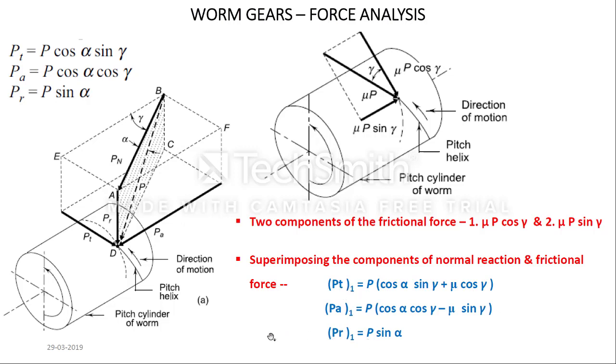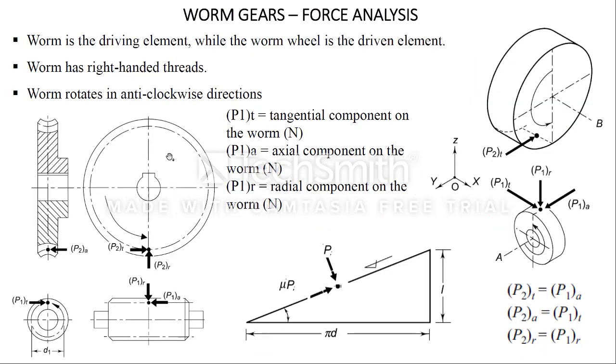In the SPPU examination, these types of questions are asked for 12 marks. You are expected to do the magnitude calculation of PT, PR and PA for the worm as well as for the wheel, and you have to draw a diagram which shows all the directions properly. So practice all these questions because these are very important questions. You have to draw a figure like this. Like this you can draw a